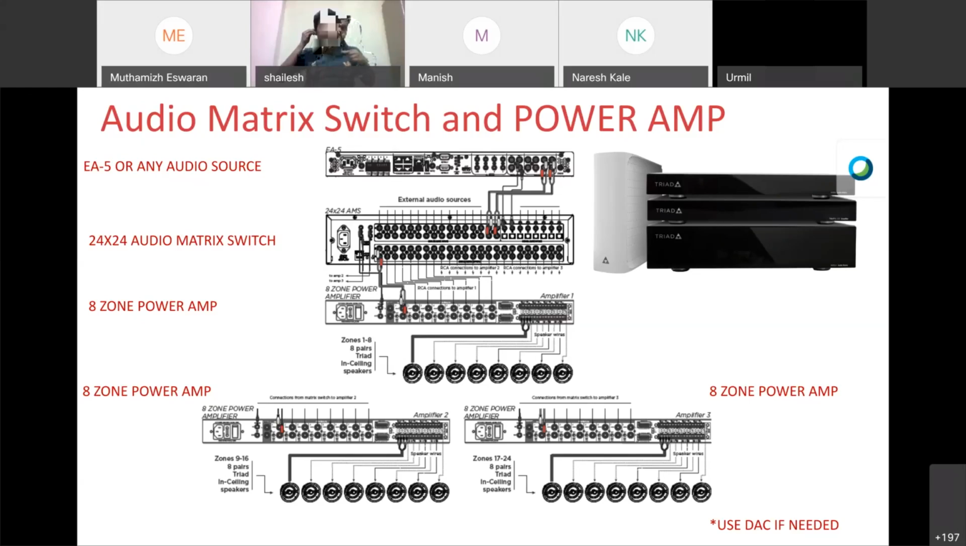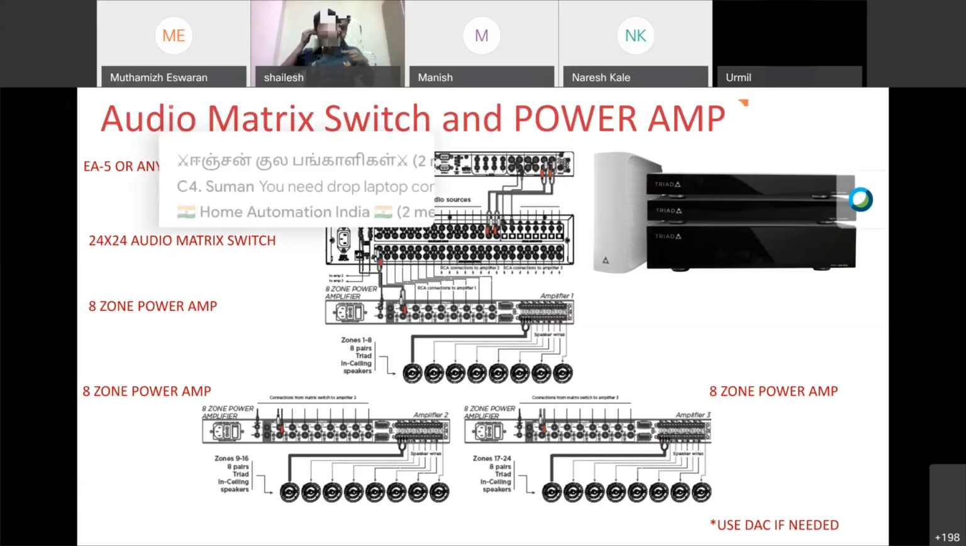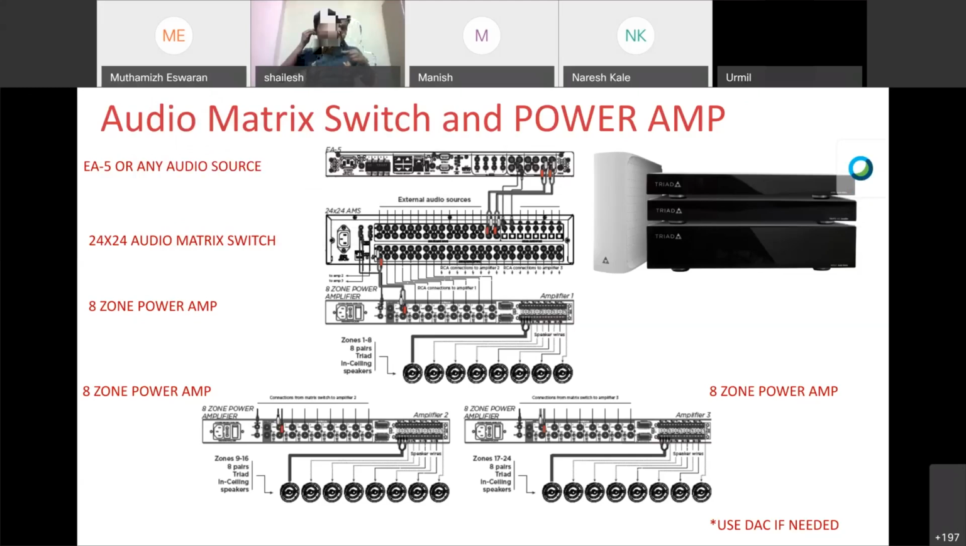So this is the main thing about the audio. A few key things are about audio quality. What is the quality I'm playing in? What quality can your amplifier support? Am I running the cable properly from the speaker location to my rack location? Also, in case I'm using any analog source, for example, I have a digital source, but my amplifier or my audio matrix switch does not take digital input. If you want to convert to analog, better use a digital to analog converter,